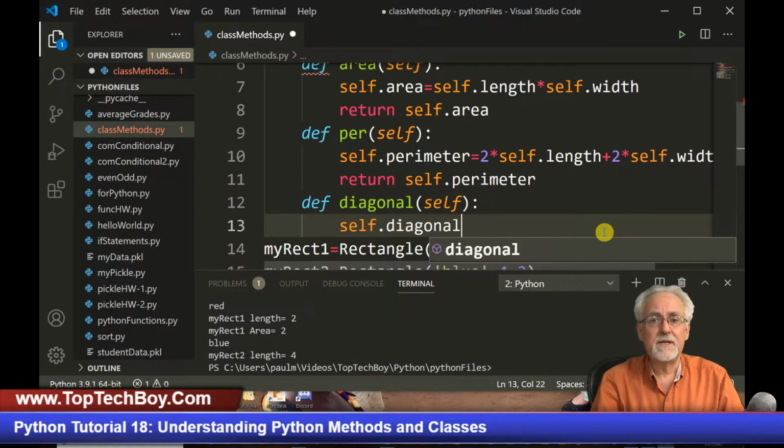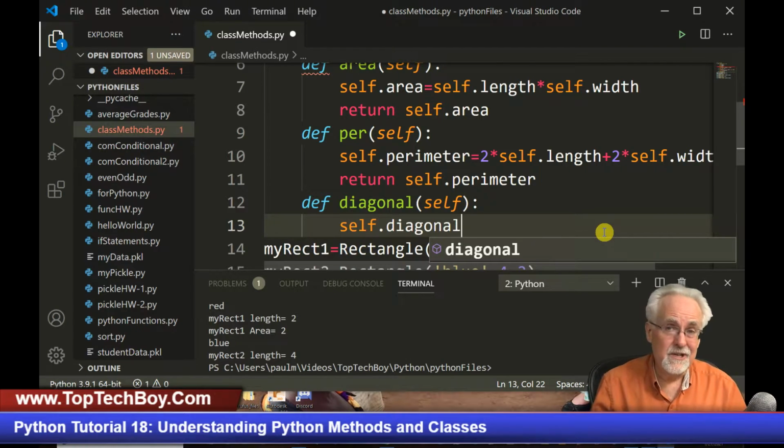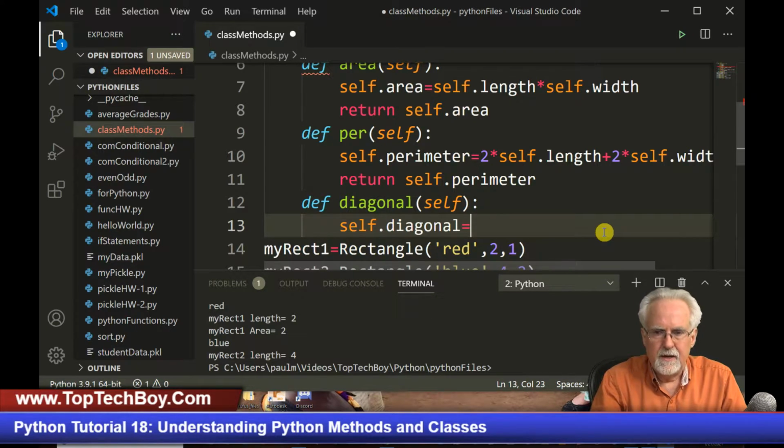Self.diagonal. Now this is what you got to remember. If I have this side which is length and this side which is width, what is that? That is the old Pythagorean theorem, which is the square root of a squared plus b squared, or the square root of length squared plus width squared. And so what I would do here is I would say that self.diagonal is going to be equal to